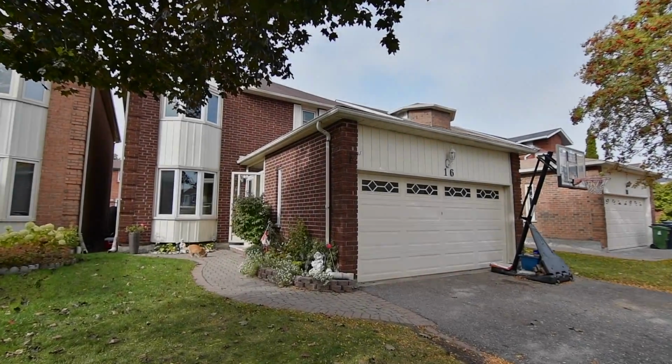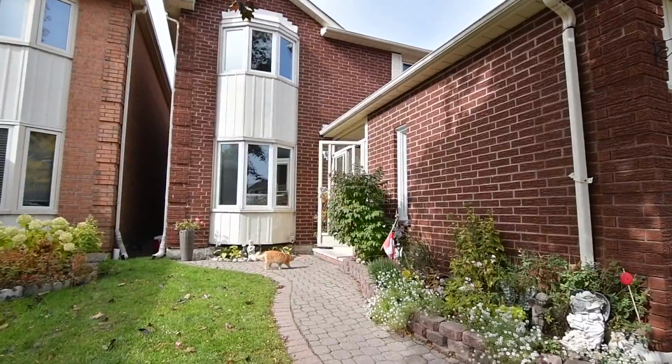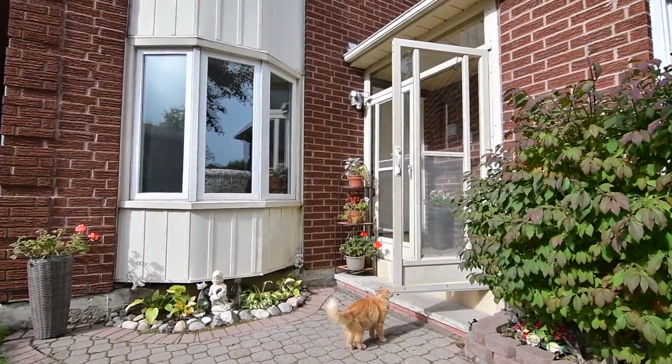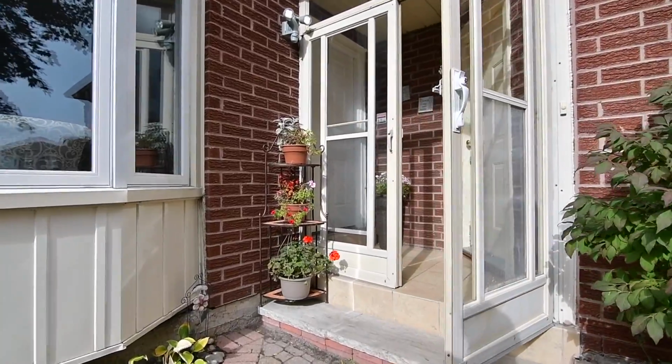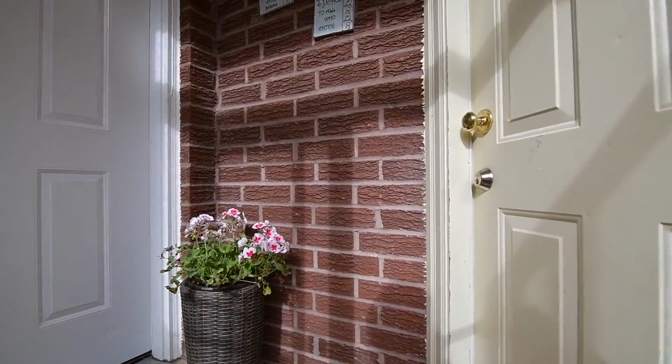A wonderful 4+2 bedroom brick home situated within the sought-after Highland Creek neighbourhood. Welcome to 16 Houndtrail Drive. An interlocking walkway lined with garden beds leads to an enclosed front entrance, which also has direct access to the